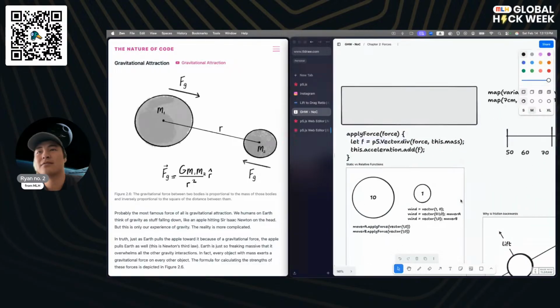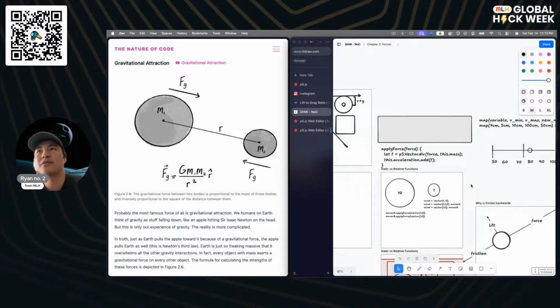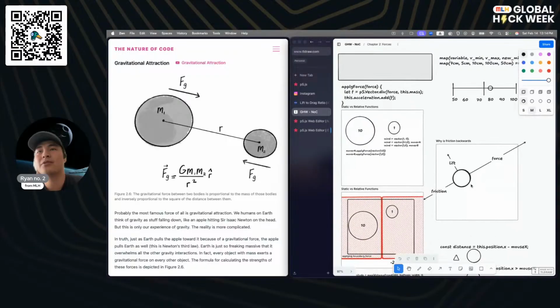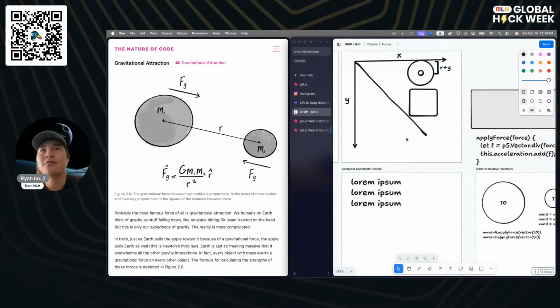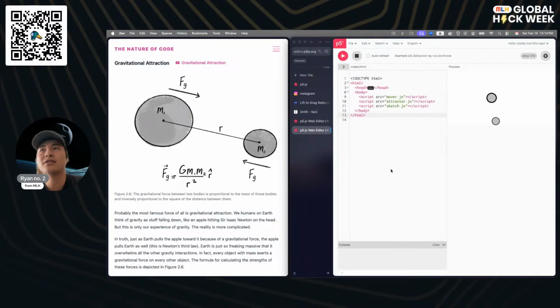And then the rest of this stuff is not super relevant right now. I will bring it back when the time comes. But for now, let's actually start looking into the code to try to understand what's going on here.